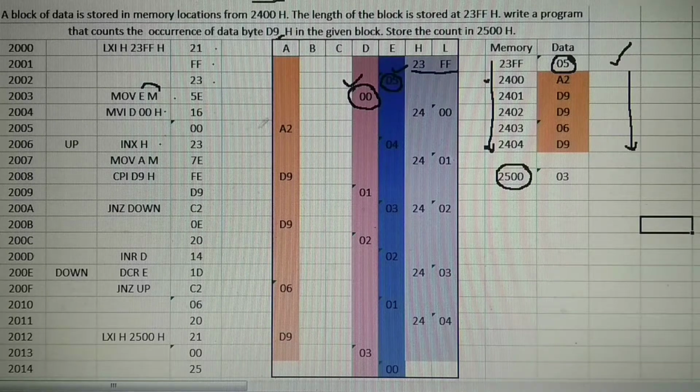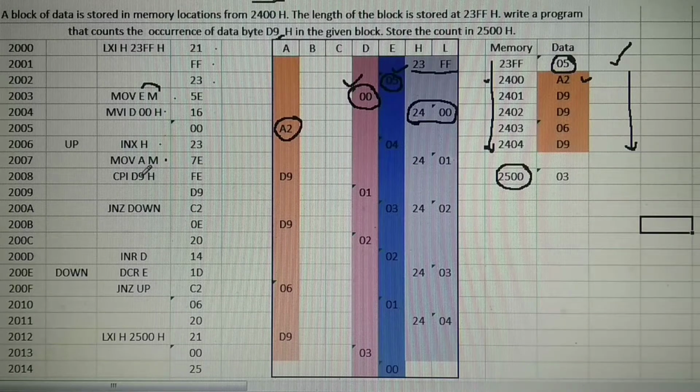INX H. HL becomes 2400. From this memory location, you have to find out if the number is D9 or not. MOV A, M. The number from 2400 is brought to the accumulator.